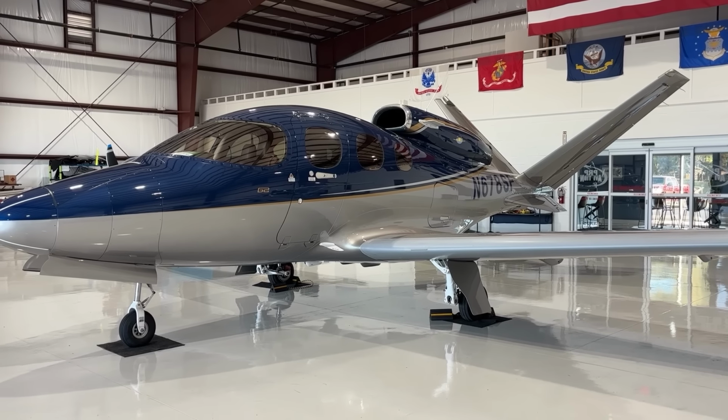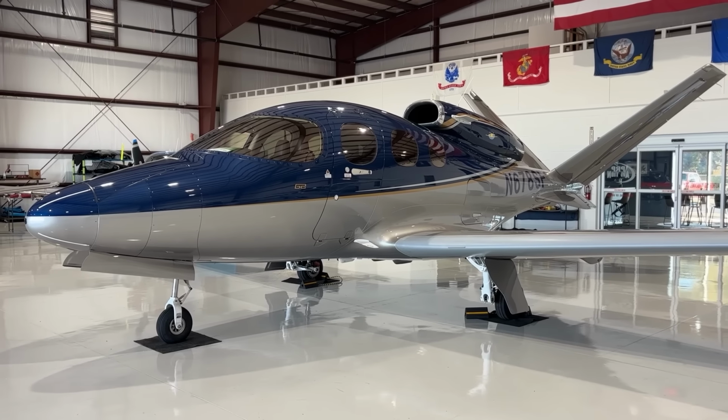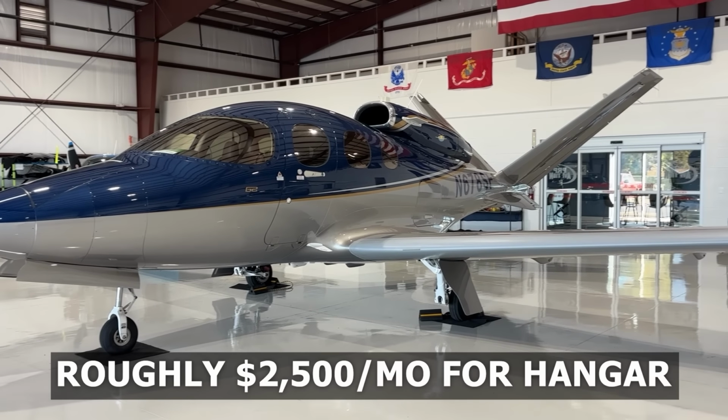Okay. And what about insurance and hangar costs? What can people typically expect to pay? I know it's going to vary, especially with insurance. Yeah, obviously, well, hangar costs. They don't give you that for free? Well, I can tell you, I don't get it here free at PRP, because I know the guy who's paying the mortgage on the building. But here in North Central Florida, we're seeing an aircraft the size of the Vision Jet about $2,500 a month